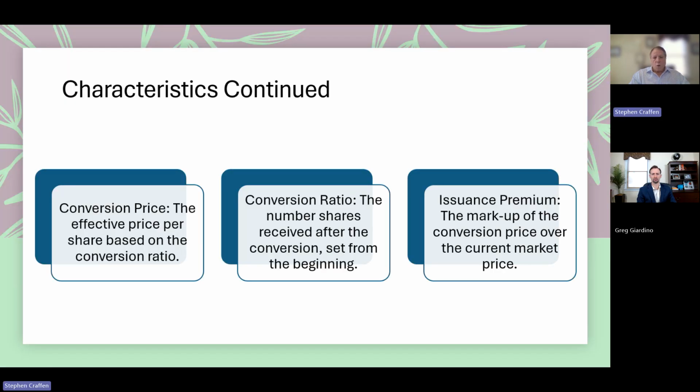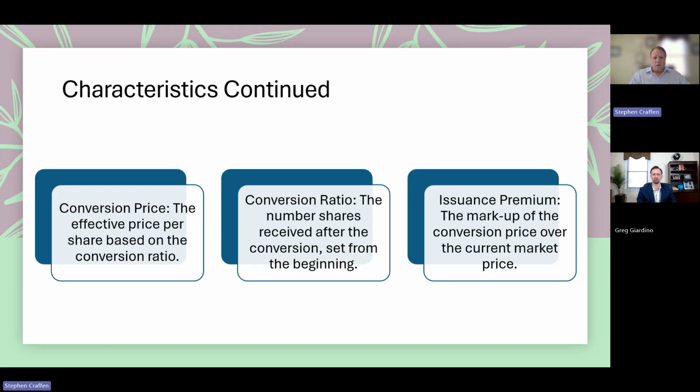So how does it work? Well, typically you may have a conversion ratio. They may say, for argument's sake, a $1,000 bond, you can convert it into 20 shares of the underlying stock. And we're going to show you that conversion ratio in a minute. So that means that if the stock price is $50, you can convert the $1,000 bond into 20 times $50, or $1,000 in stock in the company. Okay, so now if the stock declines, for argument's sake, to $40, you'd only get $800, so you wouldn't convert.